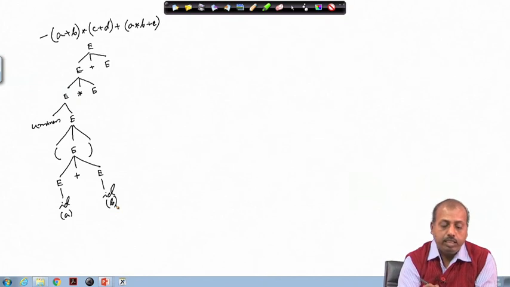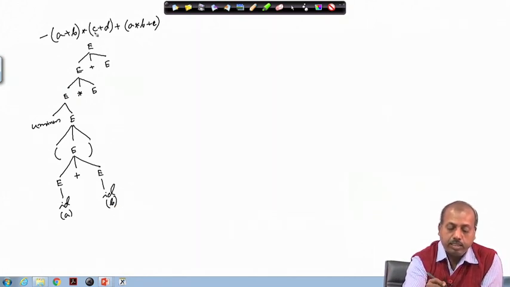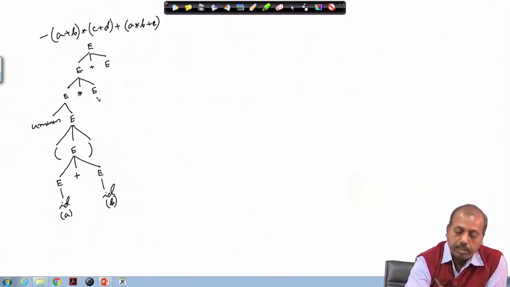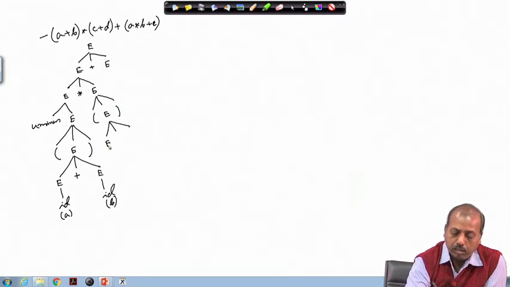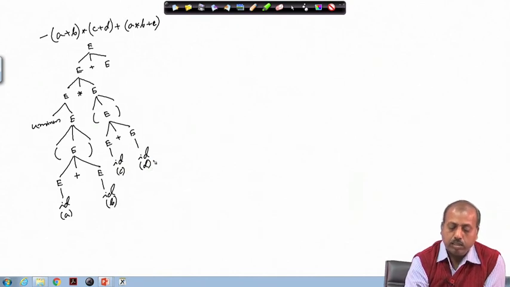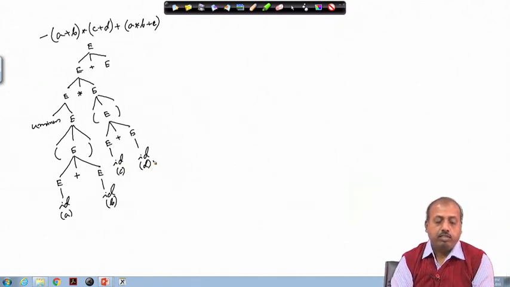Now, this E should give me this C plus D. So, how to get it? So, this is within bracket E bracket close. So, this should give me E plus E, E producing ID, E producing ID. So, that is C, this is D. Okay.